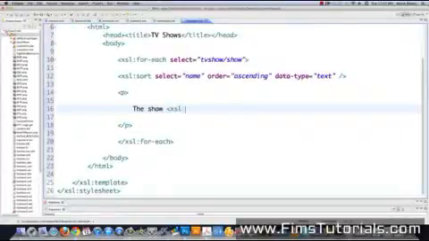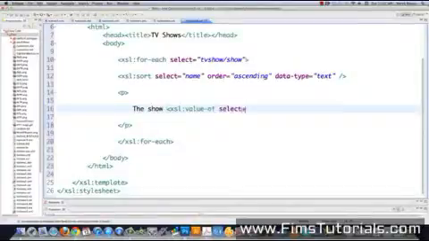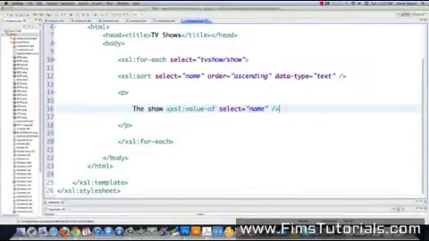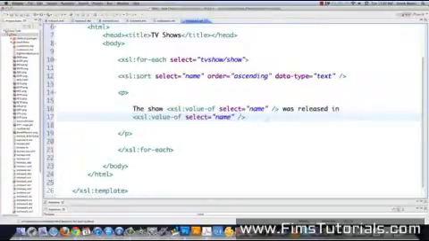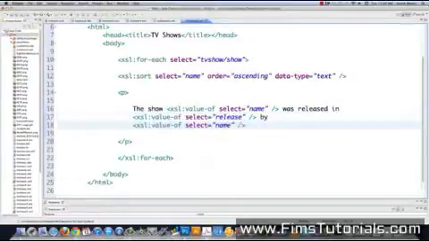So remember, XSL, you're going to be using value of a whole bunch of times. Value of select is going to be equal to the name for our television show. And I'm going to be copying this because I'm going to be using it over and over and over again. Was released in, jump to the next one, drop that in there, type in released by, drop that in there,